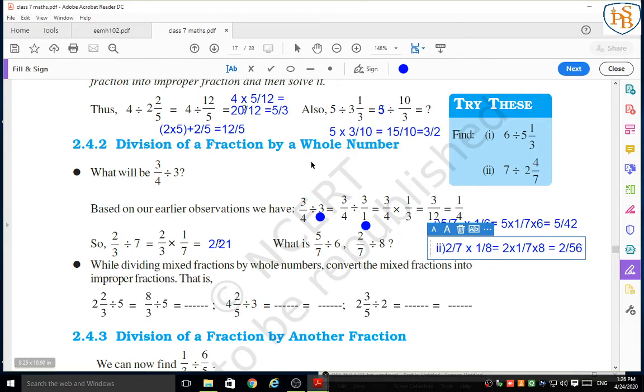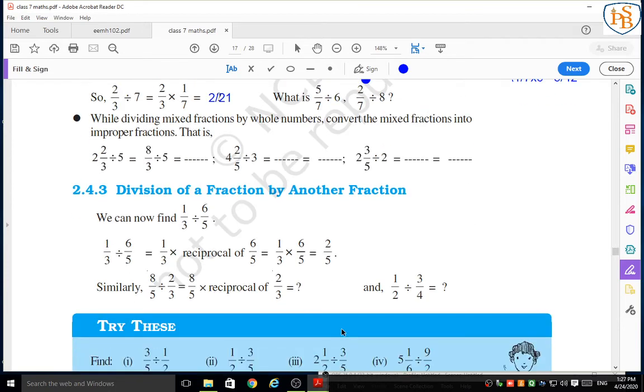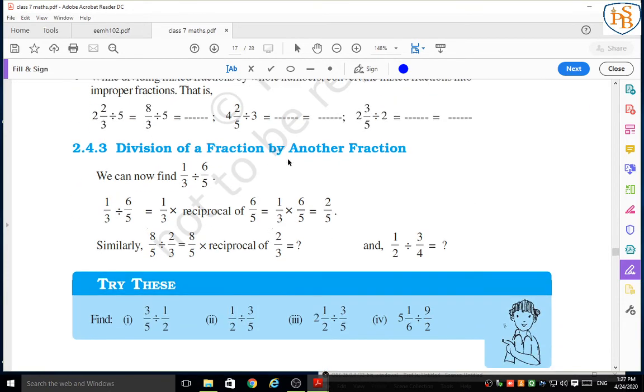By revising this video again and again, by listening to this video again and again, you can understand this. First you understand that, revise that and try to solve this problem in your notebook. Okay. Now we are going to study division of a fraction by another fraction. Look here carefully how we can solve it directly. Okay, now we have already studied that we cannot do division directly.